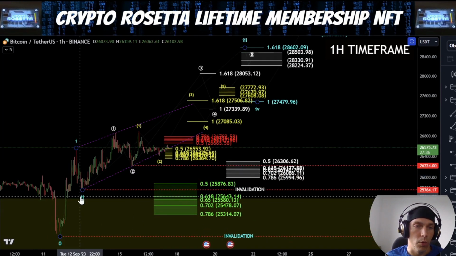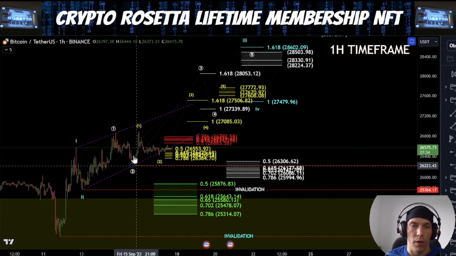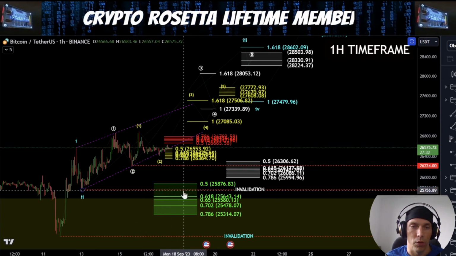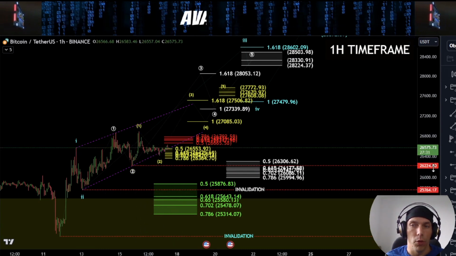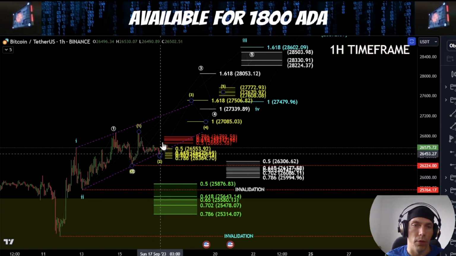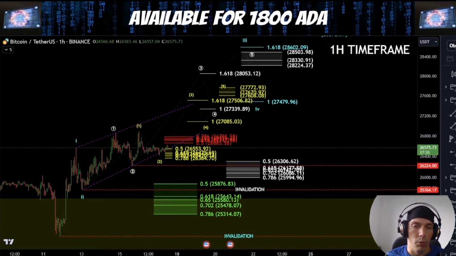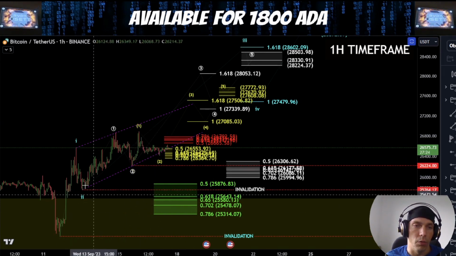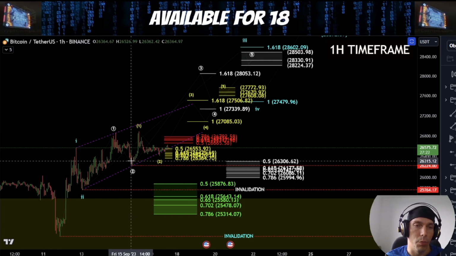The problem is, we need to just be respectful that there is that more bearish counter where we could start to see a push down. Losing 26,224 would invalidate the yellow count. It wouldn't invalidate the white count, but it would make it less likely at that point, because of the fact